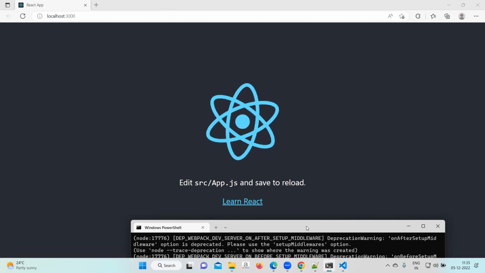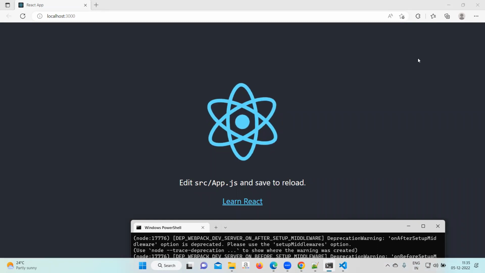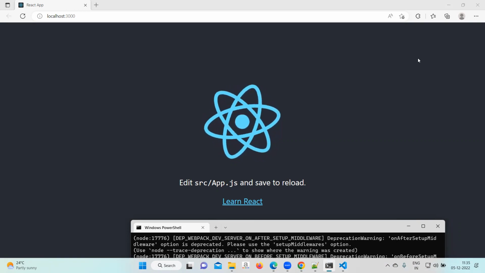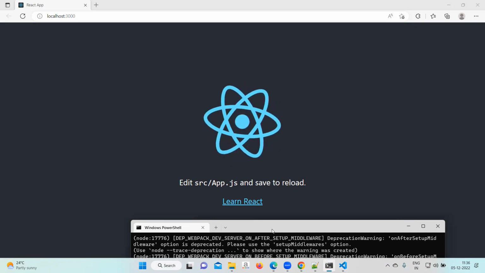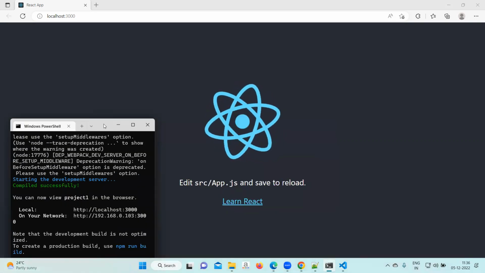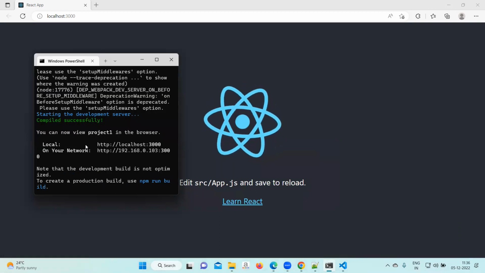Okay, so let me know once your file is compiled. npm start was the command. If it happens successfully, this should be the final output in your browser. Your browser will open automatically and it will say